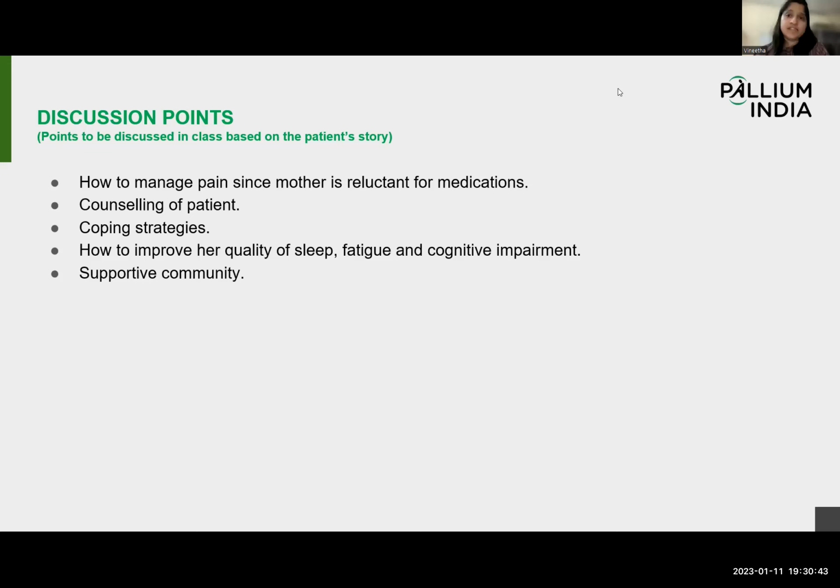Graded physiotherapy means they will start with very minor exercises that need 1 or 2 muscles on the body to move. Hydrotherapy, walking in the water, because that will not take much exertion. So graded physiotherapy starting from minor exercises, and then they will slowly and gradually titrate it upwards. At the end of the treatment, muscle stretching has been shown to decrease the pain associated with fibromyalgia,